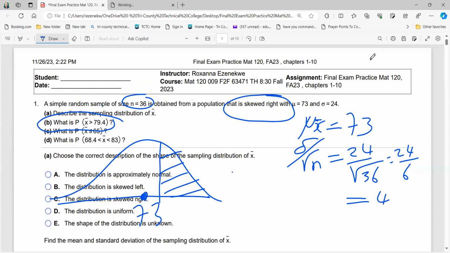We have already found the standard error. So we can now plug into, you can use your calculator. Anywhere you can use your calculator in your final exam, please do use your calculator. Okay, so